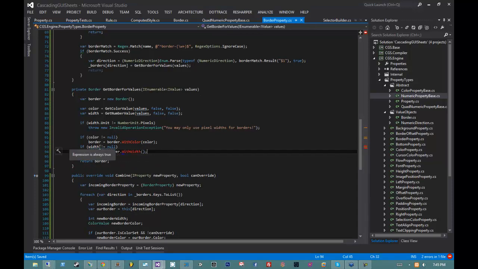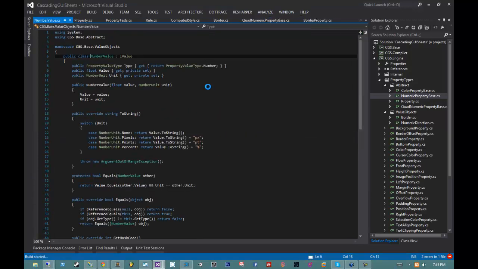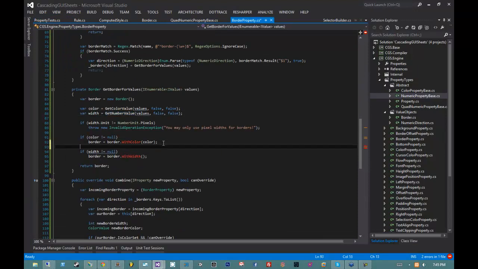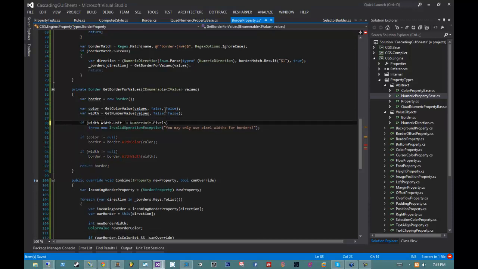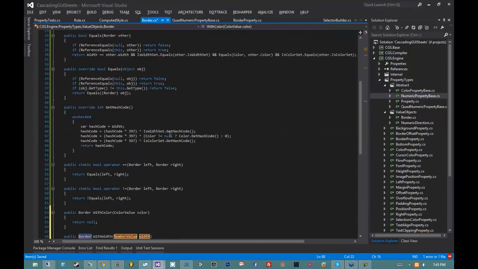Why can't, what? No, lies. Number value is a struct? No, it's not. Why is that always... I don't know why that expression's always... Oh, well, yeah, because it would throw a null reference exception up here. Derp. If width does not equal null and width... There we go. Okay, so then I'm going to implement a with color and a with width method,